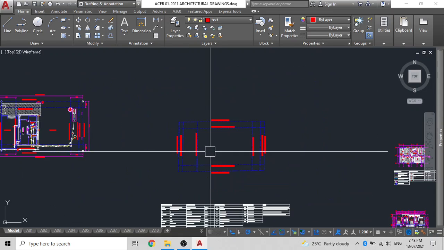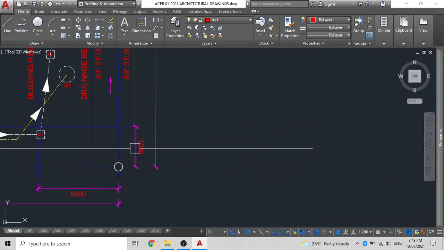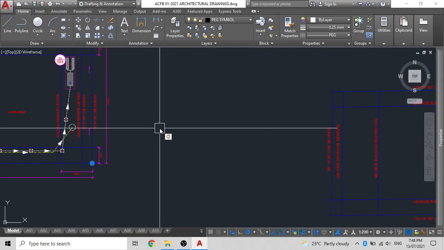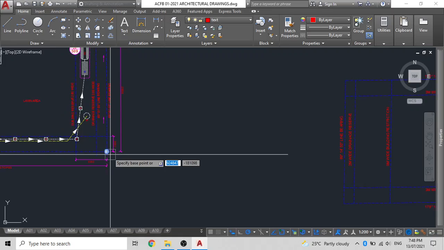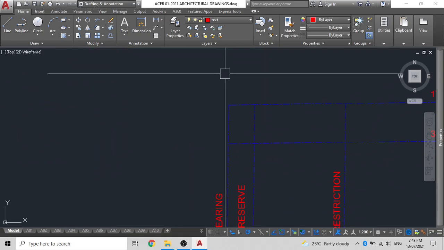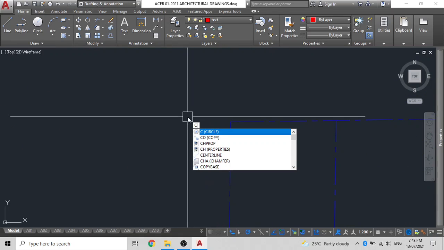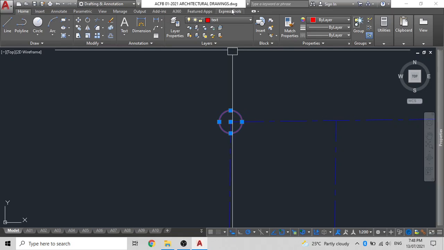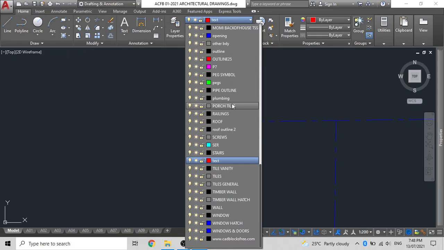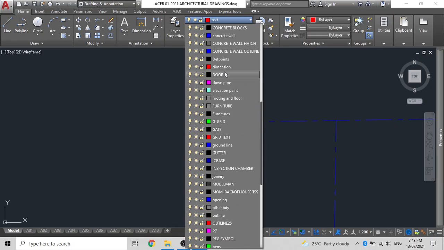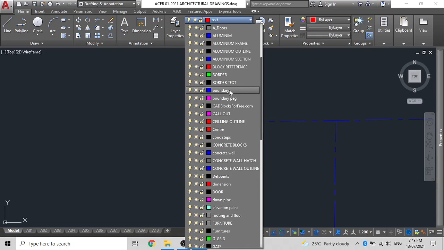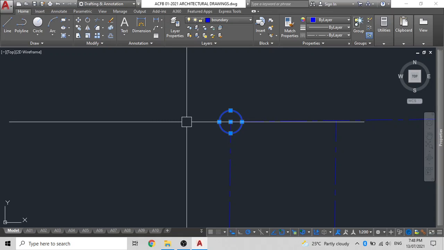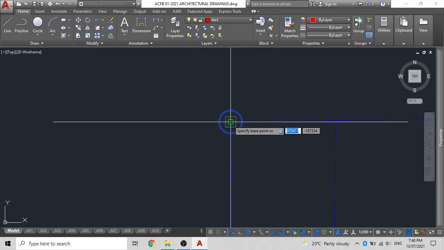So now you can see that your site has actually started to take its shape, so what we'll do is create the boundary peg. So we type CO for copy, or you will just create one. C for circle, press enter. Just draw the circle diameter that you like and put it into the actual layer of it. So you can put it to boundary in this case, like so, and then just copy this into every corner.